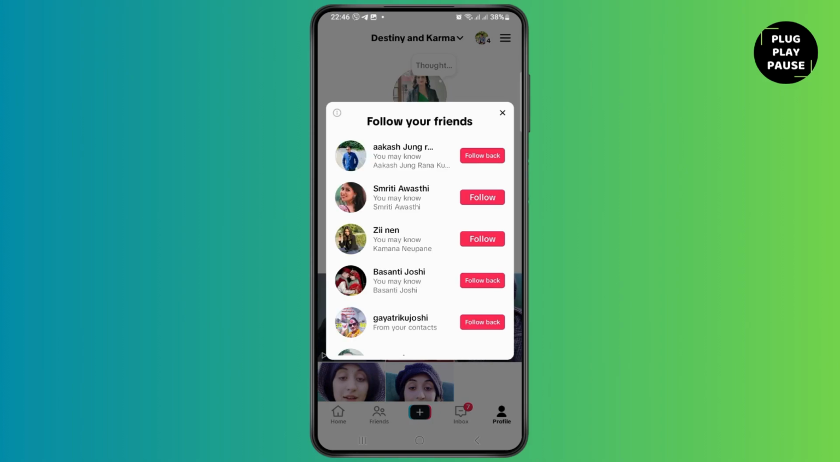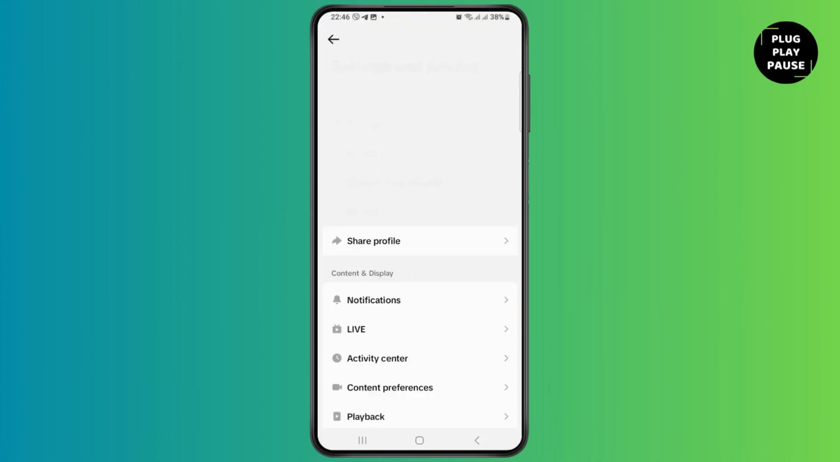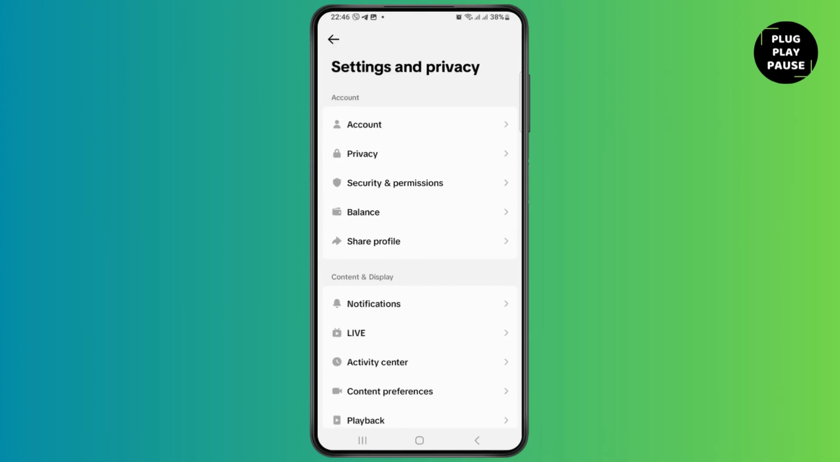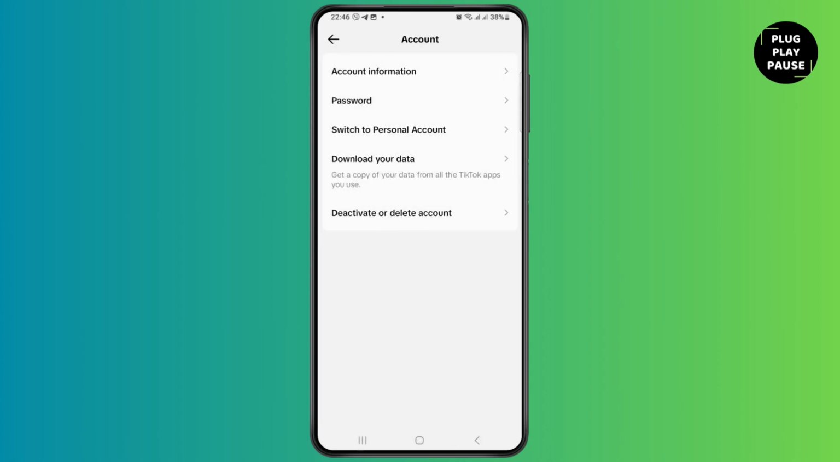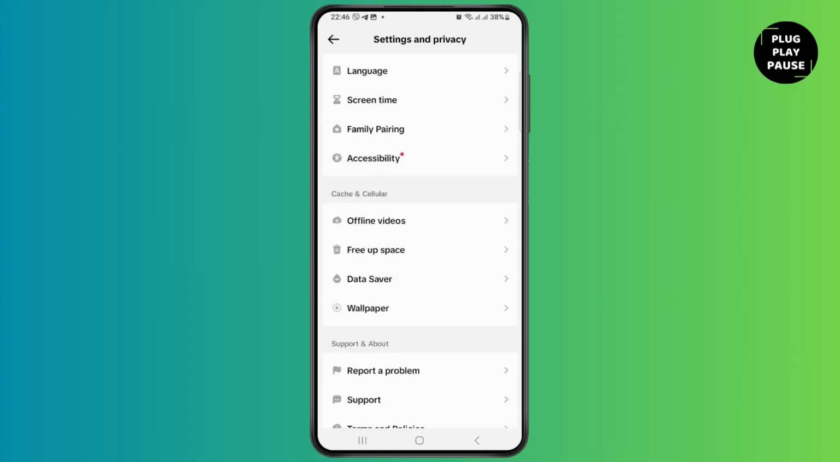You have to go to your three lines on the very top, and then you can go to the option of settings and privacy. After tapping on the option of settings and privacy, at first you have to make sure that your account is a business account. Now, if your account is a business account, you can just scroll down and then you can find the